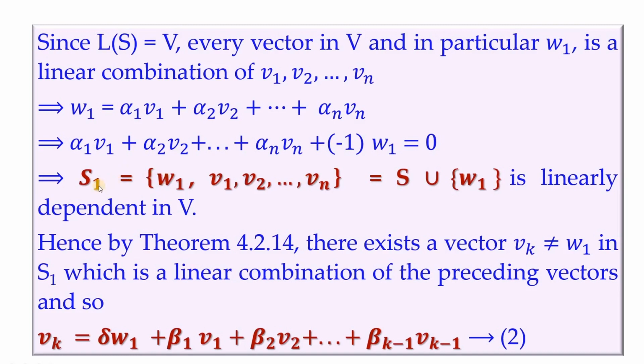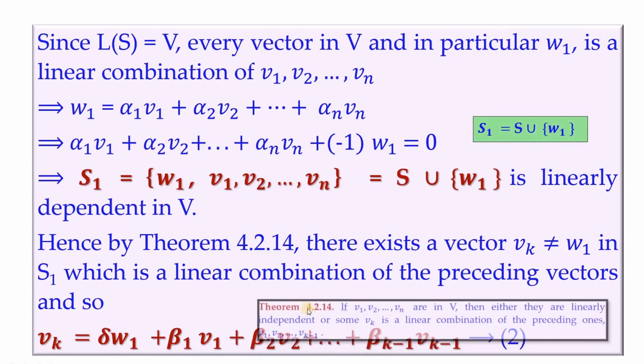Now with that we augment this set with the singleton w1, that is, we have S1 to be the set consisting of w1, v1, v2 and so on vn, which we simply denote as S union singleton w1. So this is linearly dependent in V. Now hence by theorem